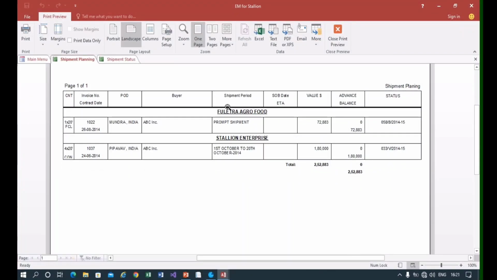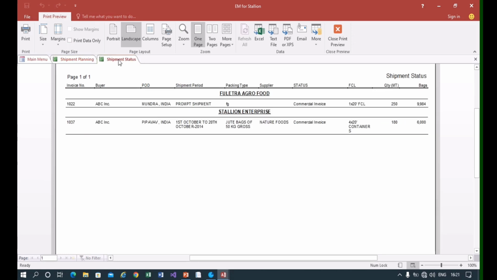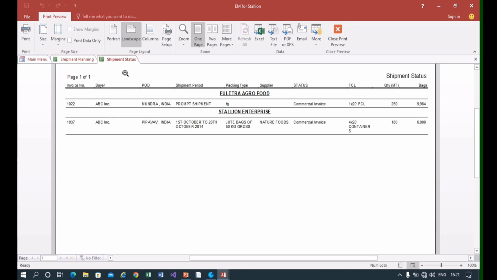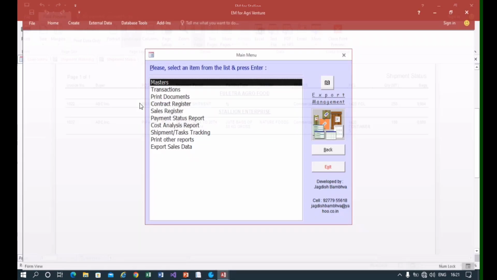With the process, shipment planning and shipment status reports get updated with the events as status changes continuously for the shipment. So both sheets get updated accordingly. Same way,